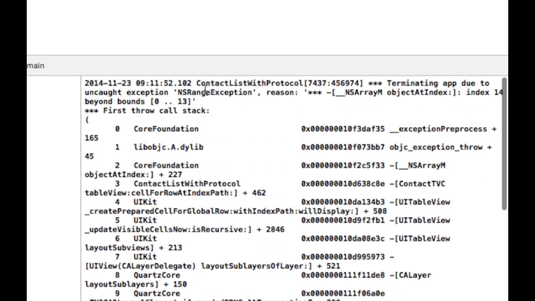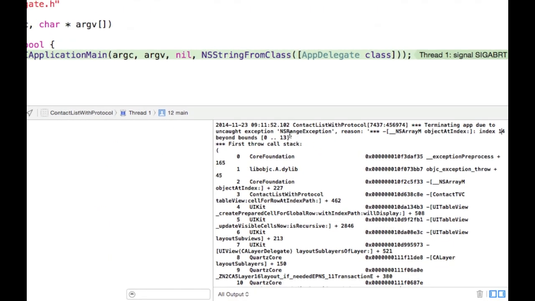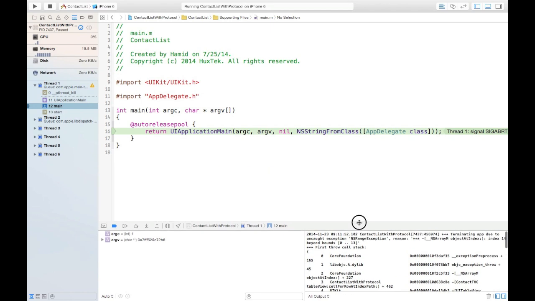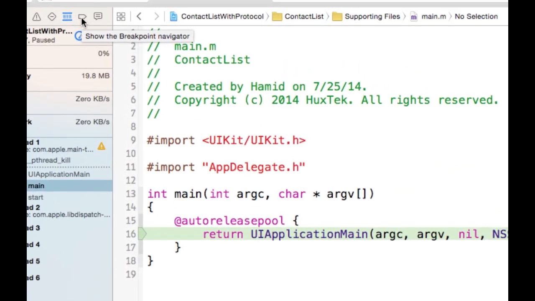But with these 3 lines, we can say something is wrong with the array, but it's not that helpful if we want to see exactly and be efficient. We have to go over all of our files and see which one has an array and then fix it, but it's not very helpful. So how can I see exactly where this happened? If we go to this navigator,